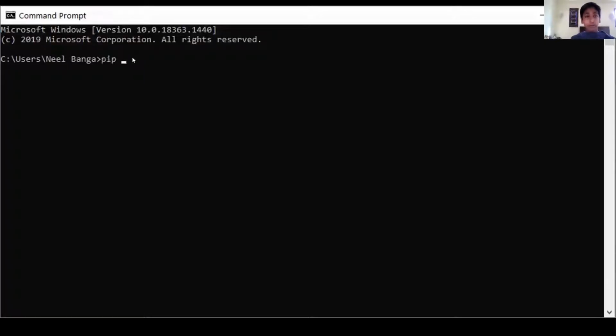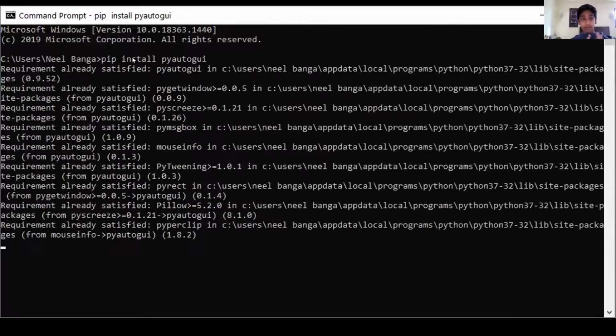And all you want to write is pip install pyautogui. That's all you have to write, and press enter. You're good. For me, it's actually like I've already installed this, so it's just telling me, you already have this installed, dude. So yeah. Now all we have to write is import pyautogui